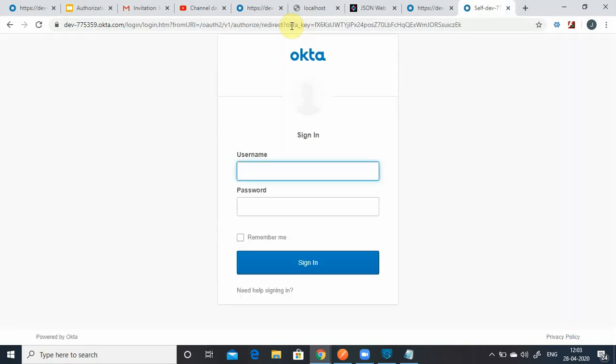It will redirect me to the resource owner login, with my username and password. I will put those and just sign in. As soon as you sign in, it will send a token onto your redirect URL.